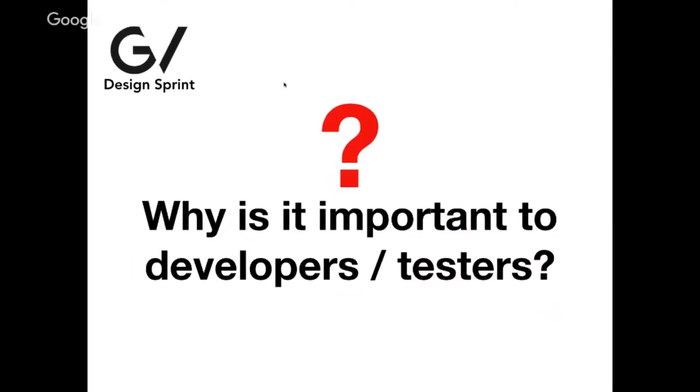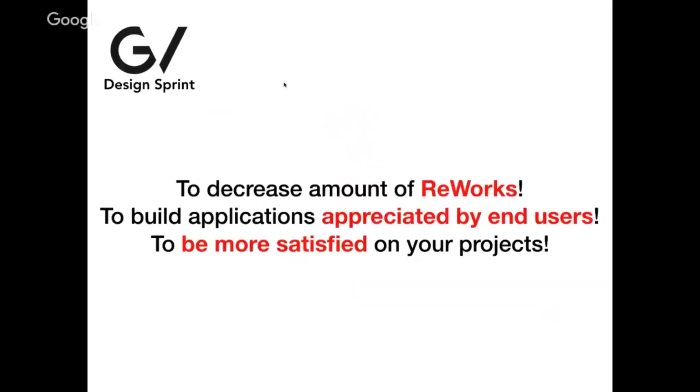Because except Volker, there are many people here, developers and testers, and maybe some of you are already bored and thinking, why are you telling us this? Because this is more for Volker and for the clients. The answer is simple. If we do design sprints with our clients, very likely there will be a decreased amount of reworks, which you as developers hate. You did something, you built your toy, and then the toy is destroyed and totally restructured.